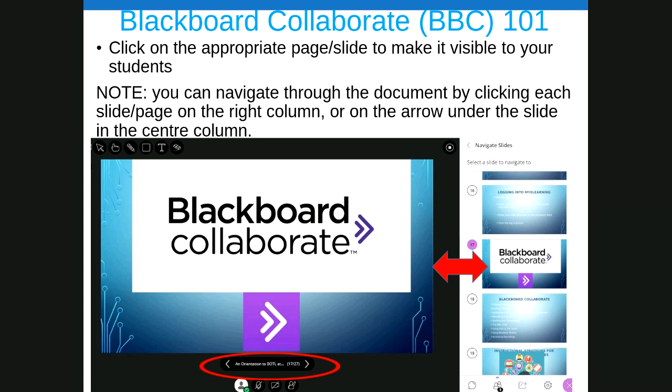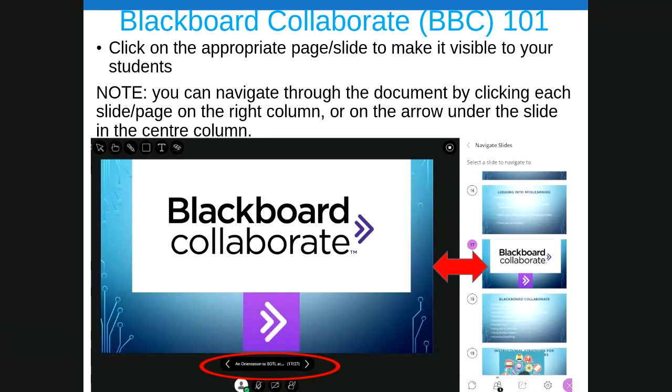When you click on the particular slide or page, you would see it looks almost like a Microsoft PowerPoint, as you see in this graphic. So you're going to see the slides or the pages, if it's a PDF, in the right column. And the main column, which is what everyone is seeing here, would be the slide.